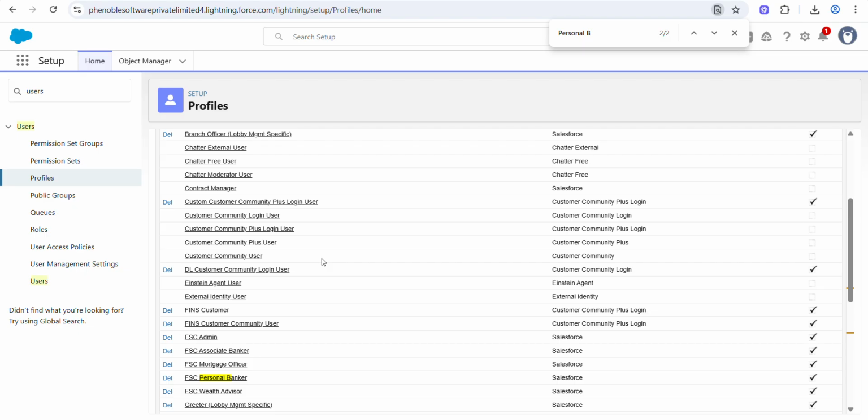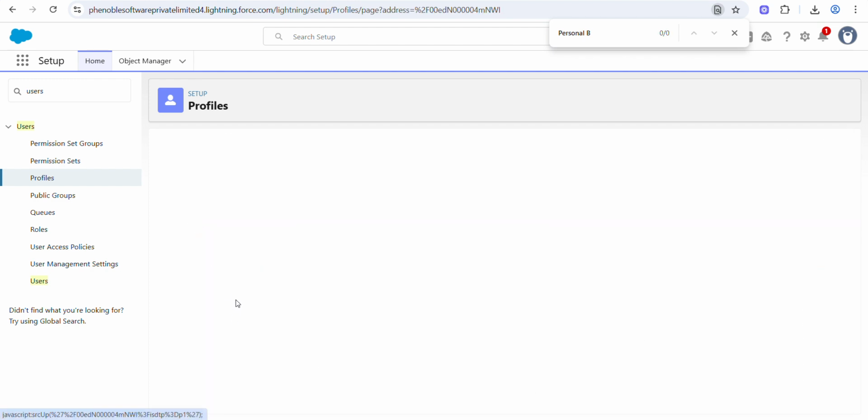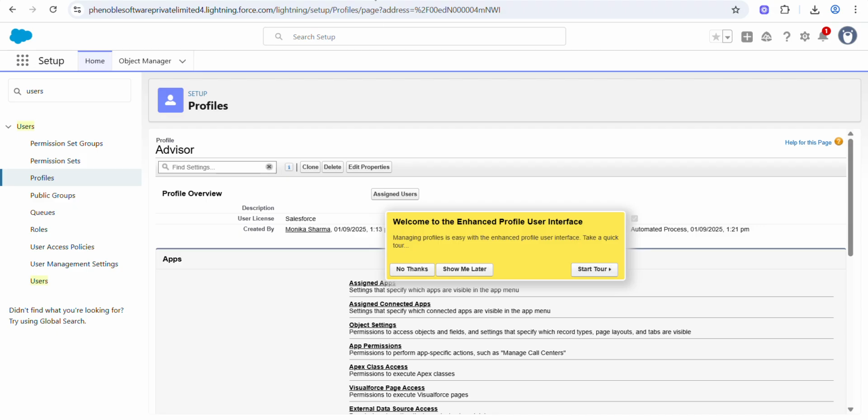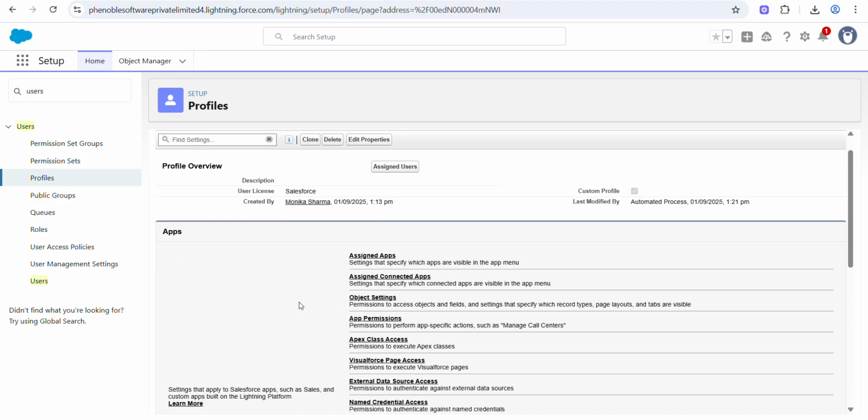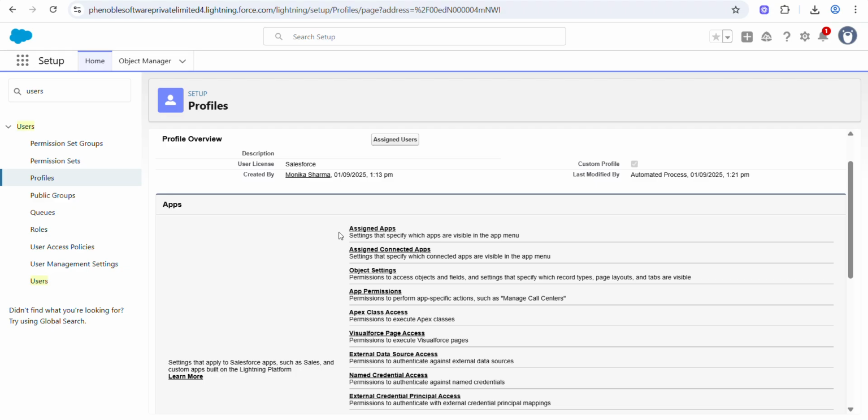In the profile user interface, you can see, for example, assigned apps and object settings. Let me open one. From here you can see assigned apps, assigned connected apps, object settings, app permissions, Apex classes, and so on.